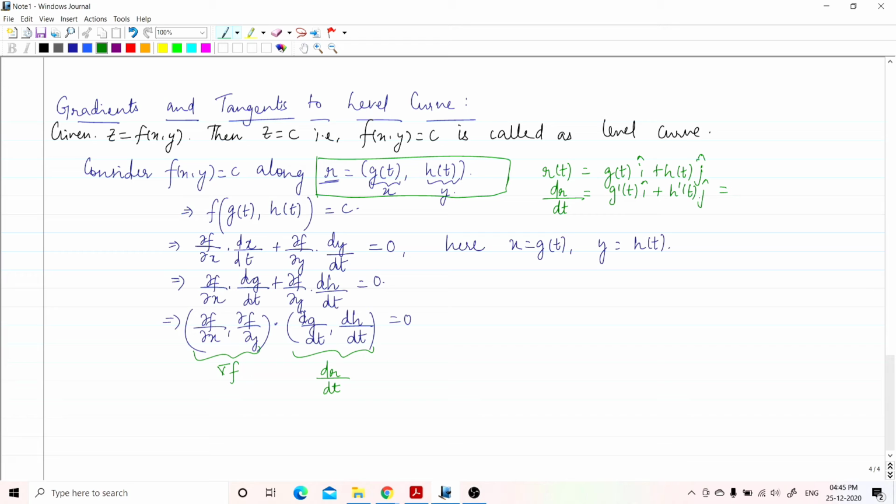If you write this in a vector notation, it is going to be g prime at t and h prime at t. So this is what we write as dr upon dt. So combining these things, what we have is del f dot product with dr upon dt is 0. So from this, what we conclude is that at every point,